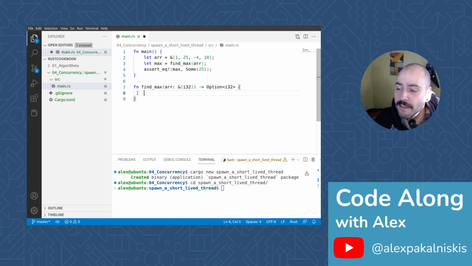We're getting there. So now we're going to do const THRESHOLD of type usize equals 2. And so this is going to be the threshold for the size of our array, just so we have some check before applying the rest of our function logic where we're splitting into separate threads. If our array is only one element long, we can't really split that into separate threads effectively. So the threshold is 2. So if arr.len